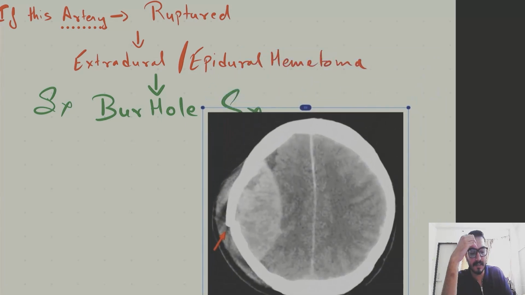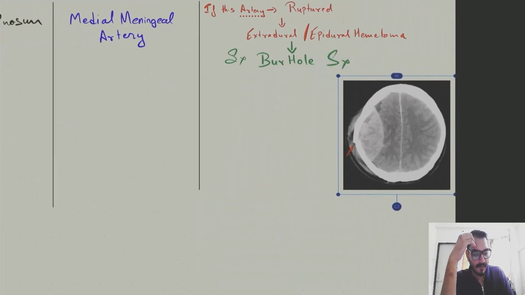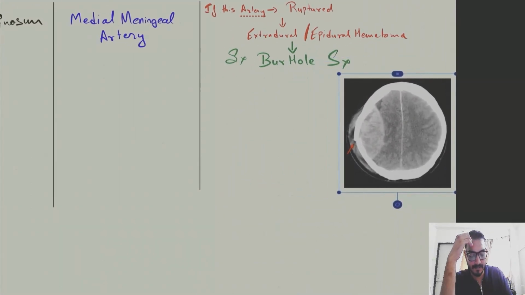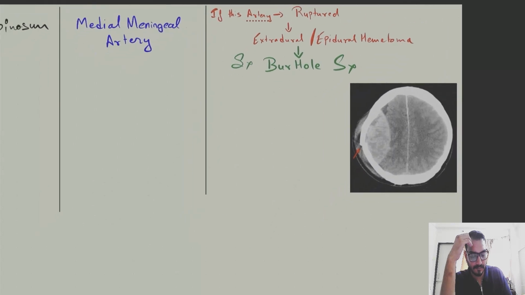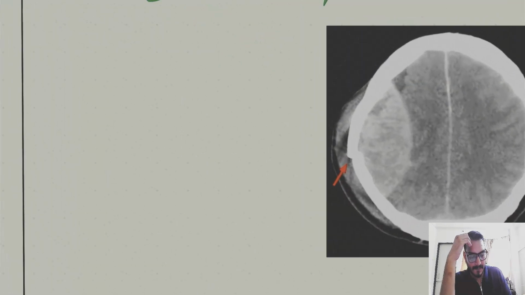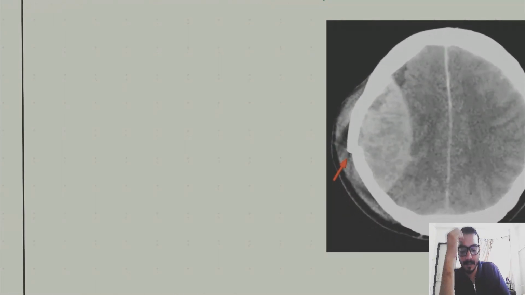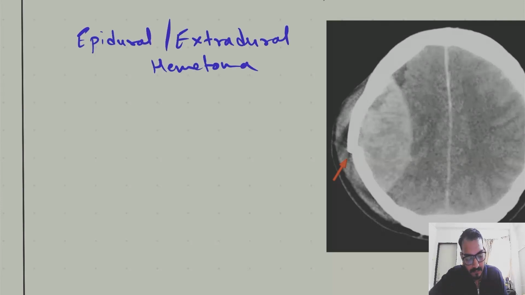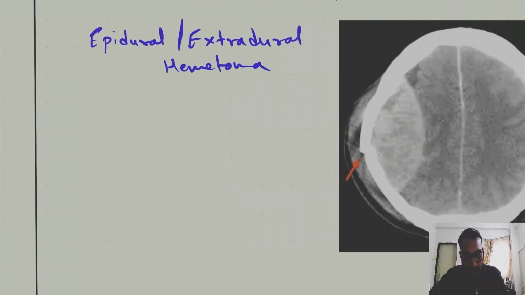In the CT scan that we get, we will see this kind of structure, guys. What do we call this? This is known as epidural or extradural hematoma. How will it look, guys? It will look like